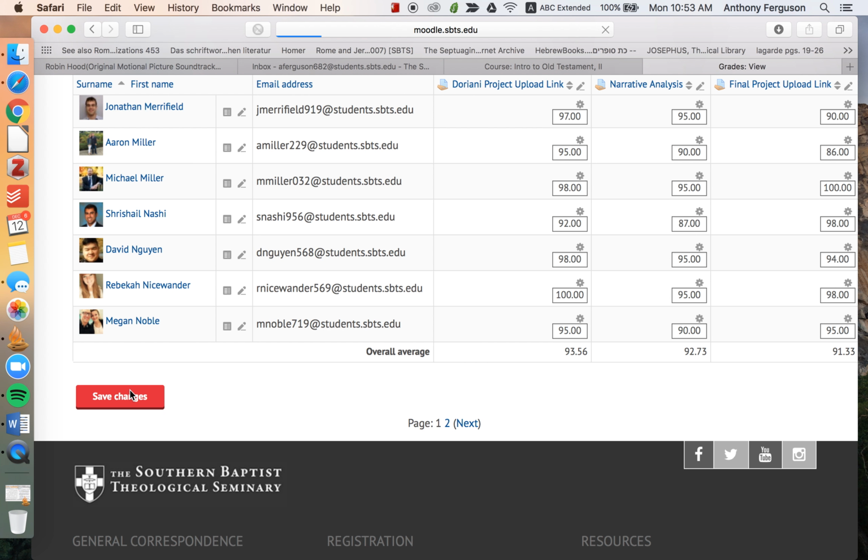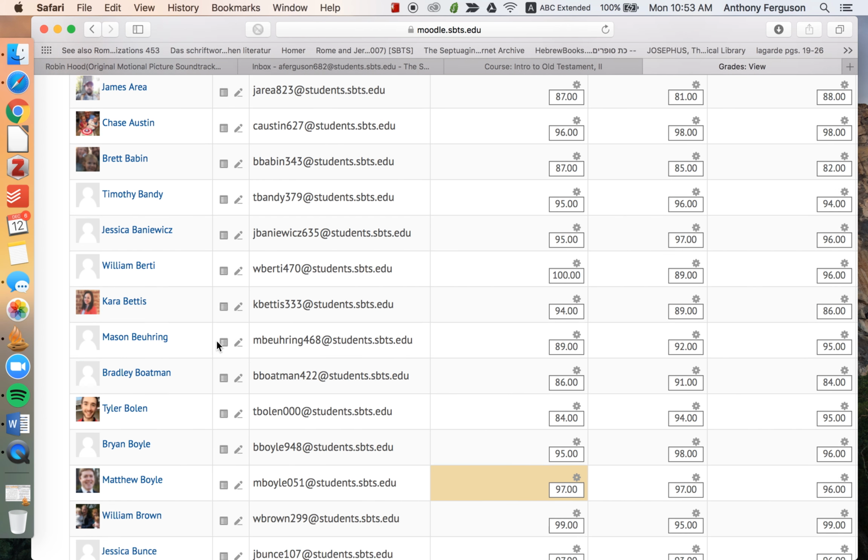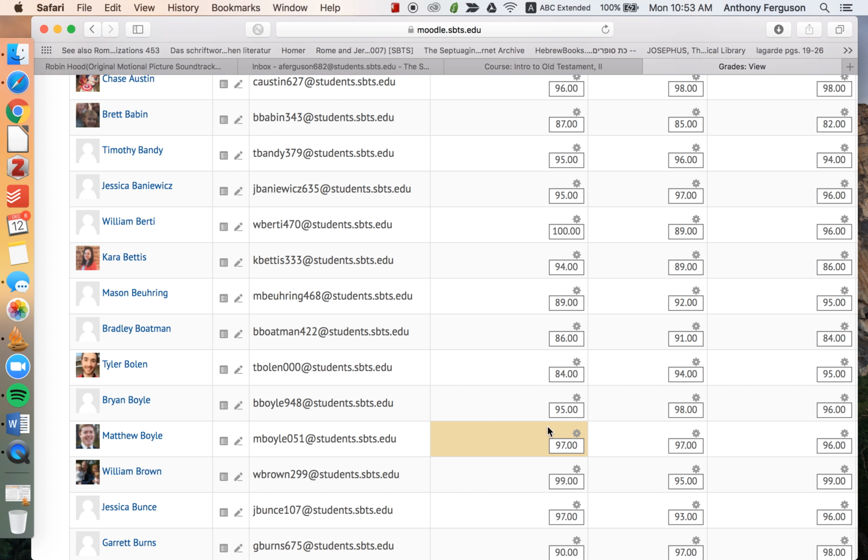So we'll wait for Moodle to save it, and it did. Let's go down and make sure of that. Boyle, 97. Okay. So that yellow thing there is just indicating that, hey, I manually inputted the grade. And then the next thing we need to do